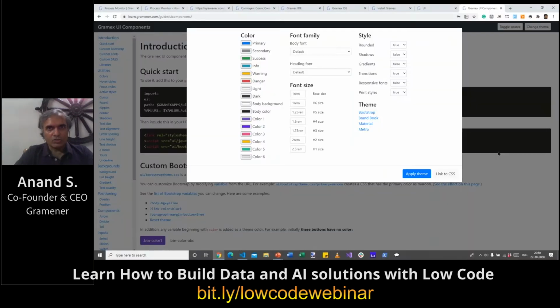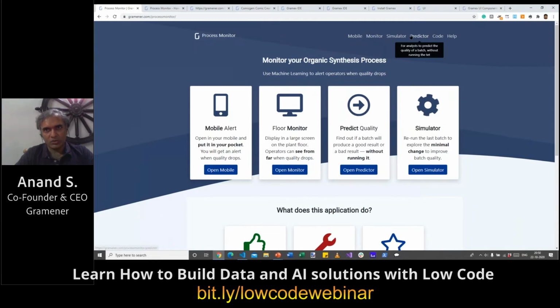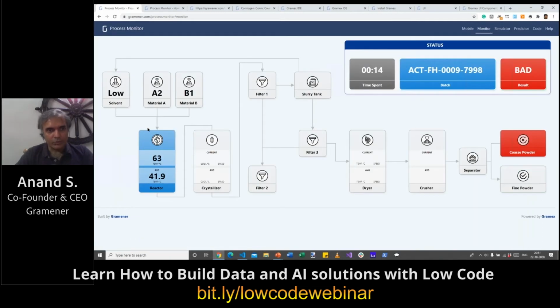What this did was get us onto the base where all of the static content was ready. We had the template, we had the theme, and then we had to get into the actual content. One of the visuals was the monitor, where we had to get the data from a real-time source and constantly update it on the client side.